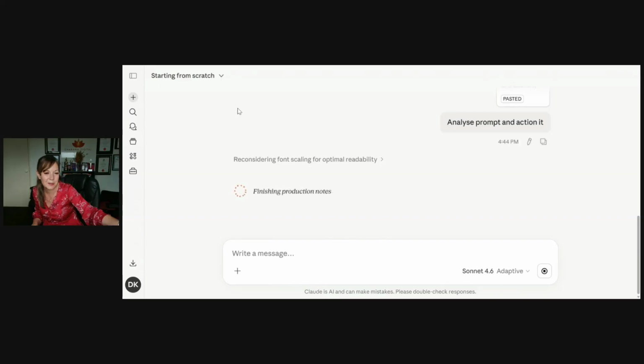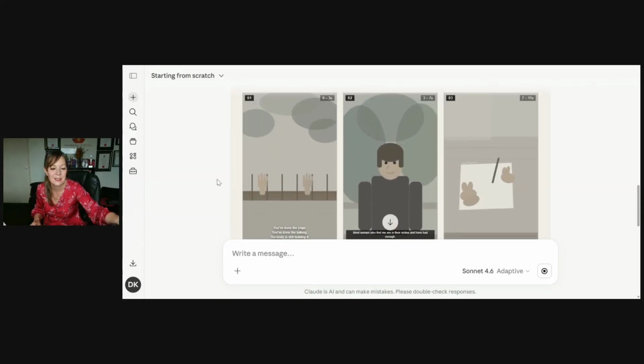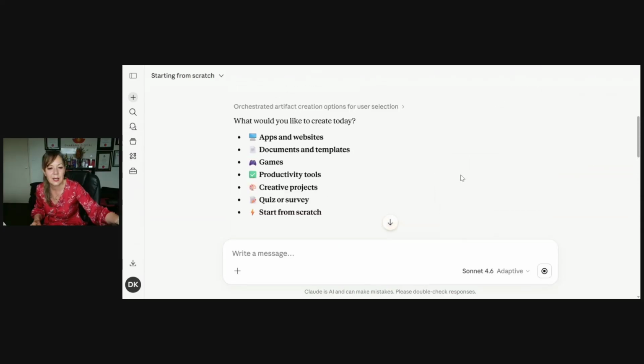When you're doing stuff like this, I highly recommend that you don't sit here and watch it. Go off and do something else and come back. What's really great about agents and things like this is that you can set it a task, and set multiple tasks, and then go off and do something else. But you can see it's pulling it together, so you can see frame by frame what it looks like.